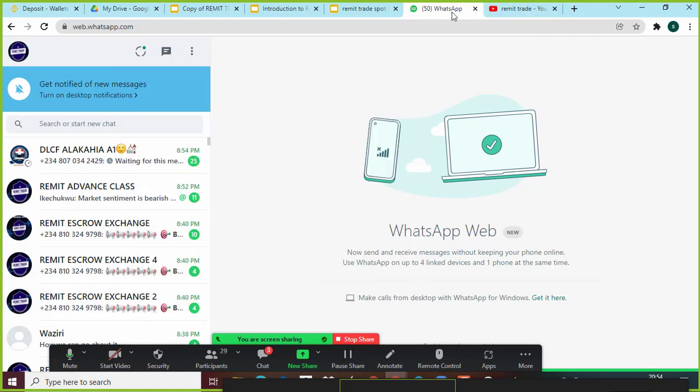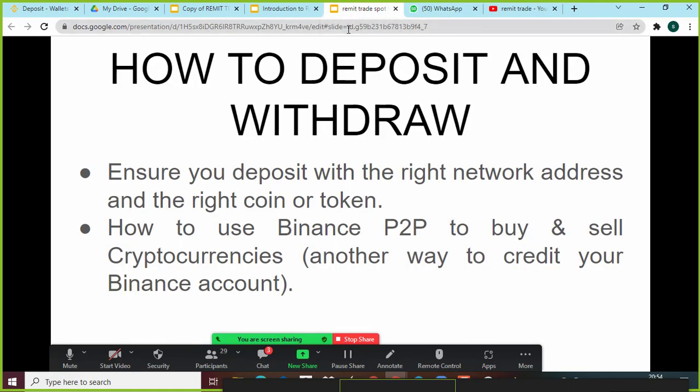That's one way. Now, another one is that you can go to any other exchange that is not Binance and use a P2P platform like Remit, like LocalBTC. And one good news is that Remit is bringing up its exchange very soon, where you can do P2P and do a lot of transactions, like buy PayPal, Perfect Money, use your Naira to buy Perfect Money,